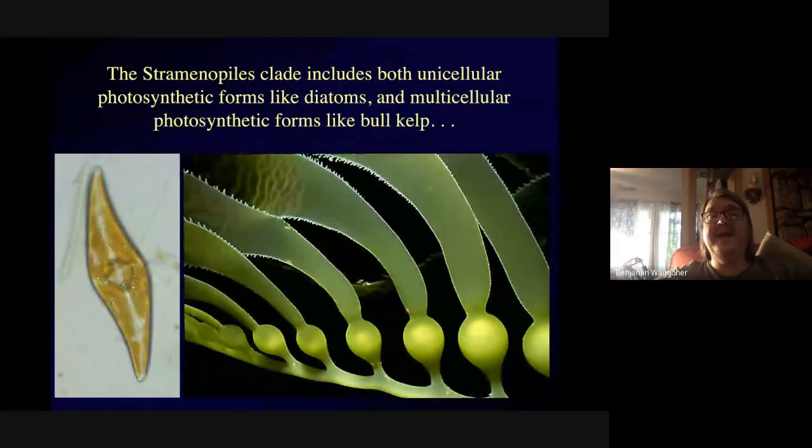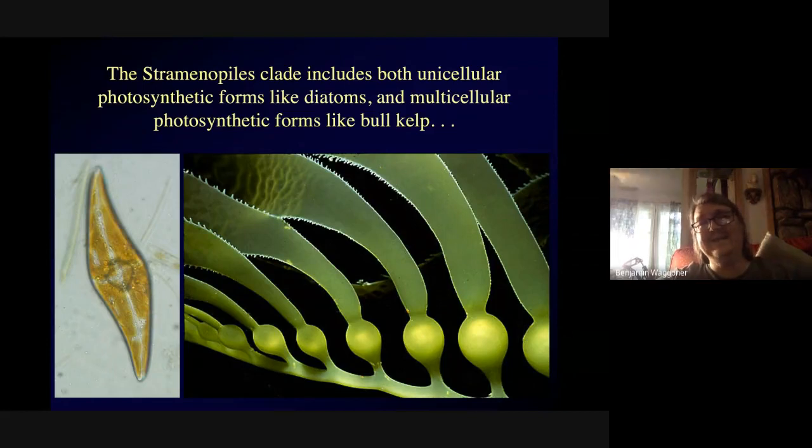Stramenopiles, I'm not going to have much occasion to talk about because most Stramenopiles are traditionally considered plant-like. And again, that's a false dichotomy, but I tend to exclude the photosynthetic protists out here just because I have to include something or the class would never end. So Stramenopiles includes some unicellular photosynthetic forms.